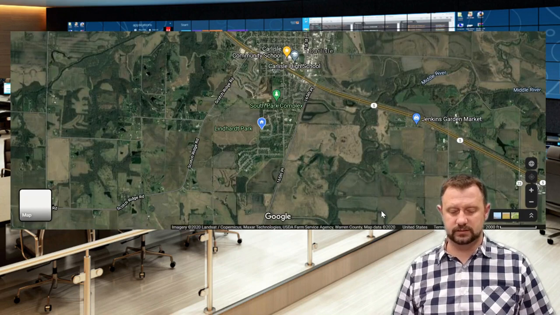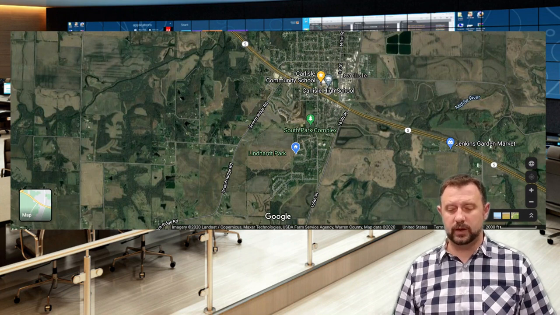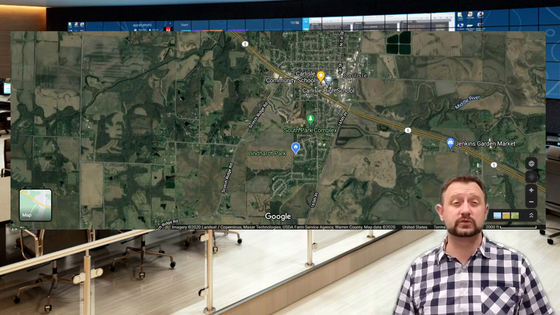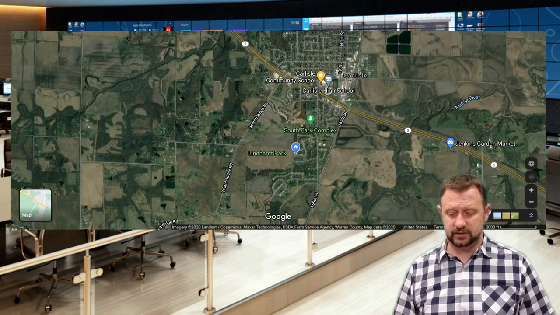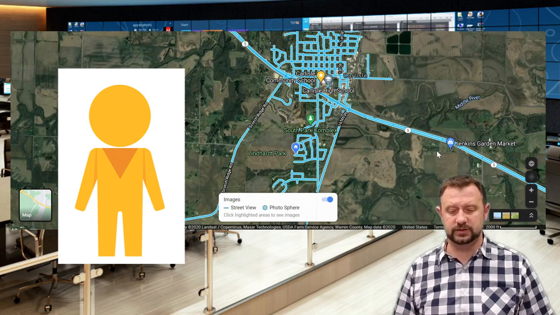Okay, so here are the pictures taken from space. But what I want to see are the pictures taken from Street View. So look down here where there's a little yellow man. And if you click on that little yellow man, you'll see highlighted in blue all the places that the Street